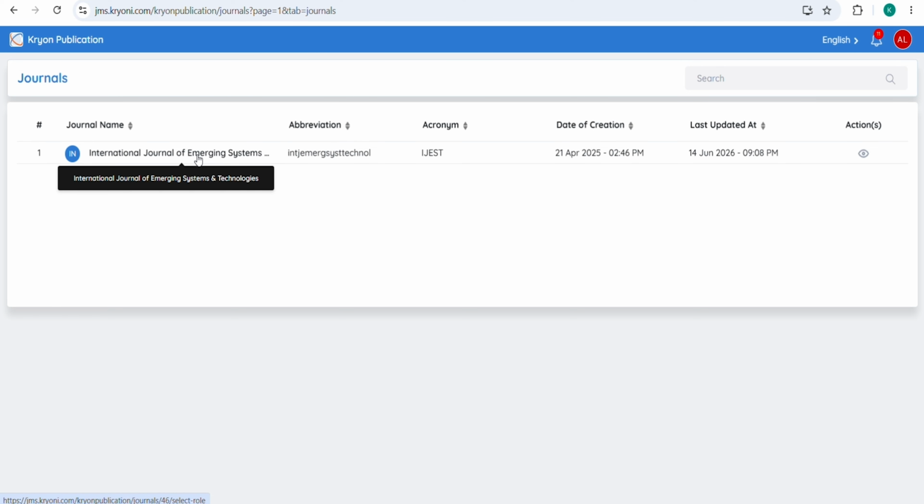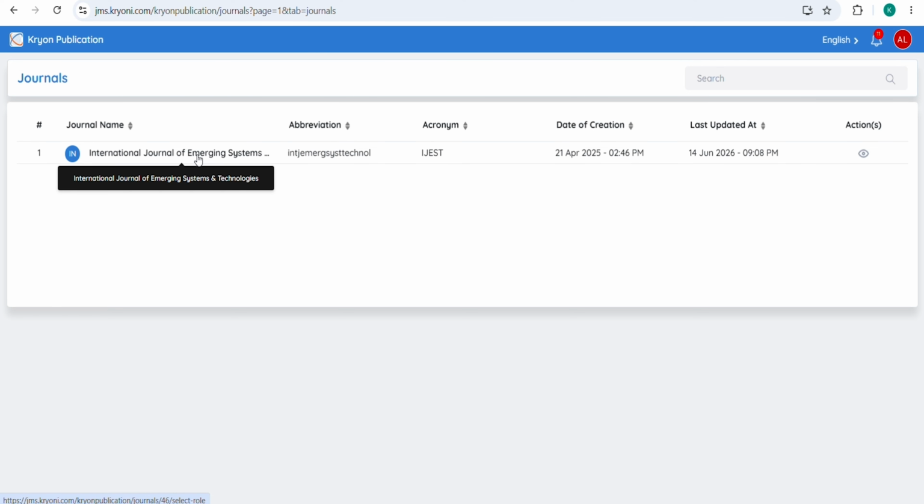Here you can see the editor has invited 4 reviewers, out of which 3 reviewers have completed the review. And under the recommendation, you can see one reviewer has accepted the submission and the other 2 reviewers requested the revision. To see the full reviewer comments, the editor can click on the drop down.